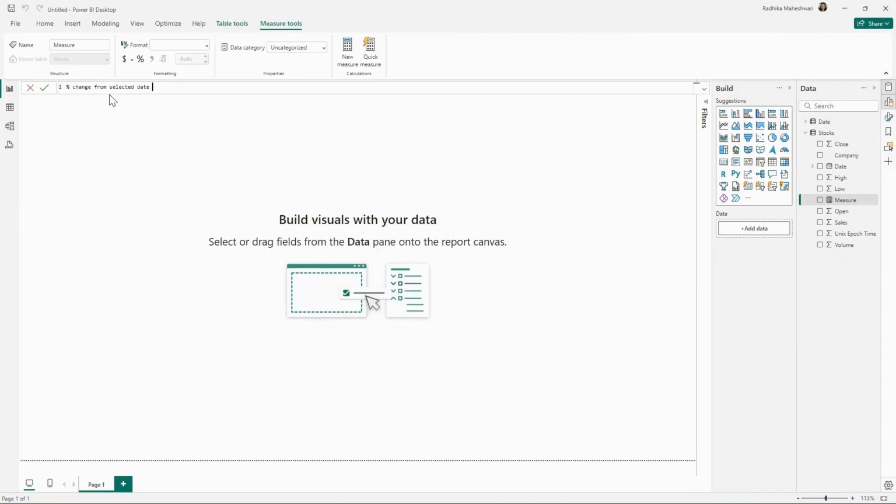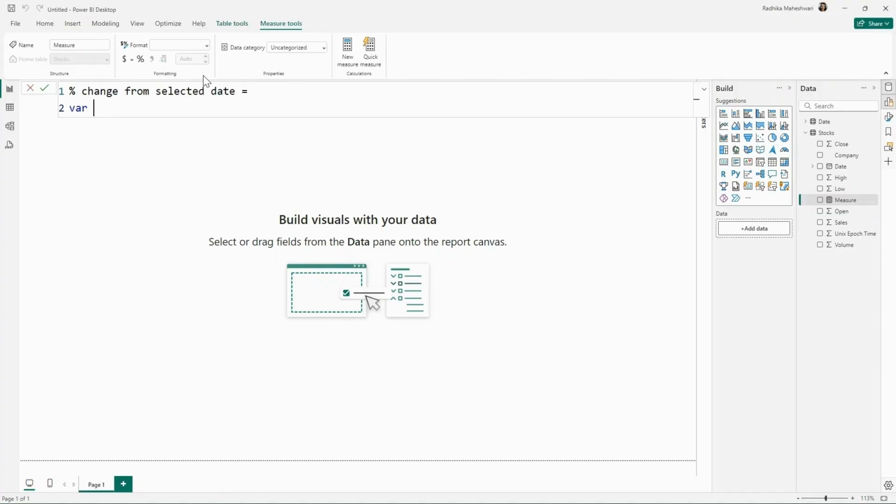There will be a date that the user will select in the slicer and we want the change from that date to the current date for our stocks value. So I'll need to create a few variables first. First we will get the selected value in the date slicer, and our date slicer will be formed from this dates table. So let me just increase the size here.